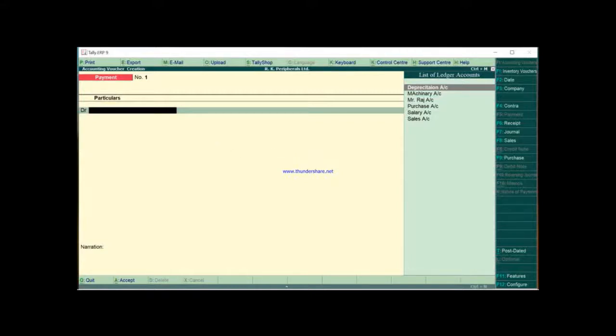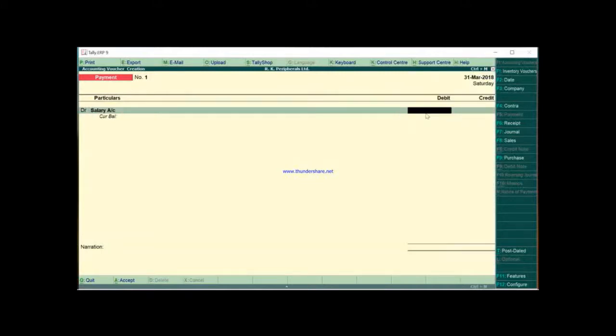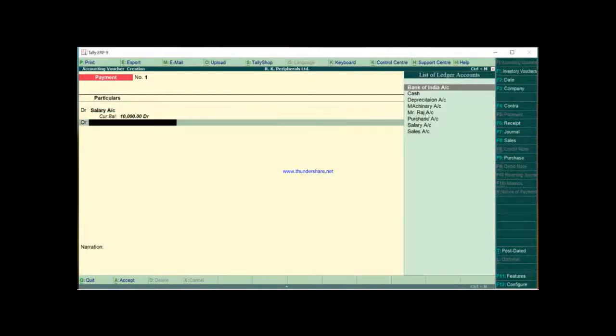Paid salaries to staff in cash. Now here as the word paid is used, we will press the F5 shortcut key, that is payment. So here the payment shortcut key is already there. Here the salary account is debited of rupees 10,000 and credited to cash account.